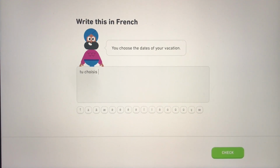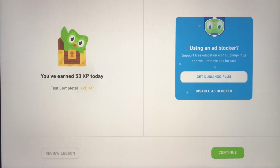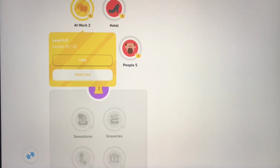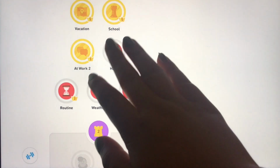Tu choisis les dates de tes vacances. Typing a question mark because I'm feeling uncertain about whether it's correct. Okay, so we tested out of that one. Yay, now on level 5. And let's do a couple lessons from the